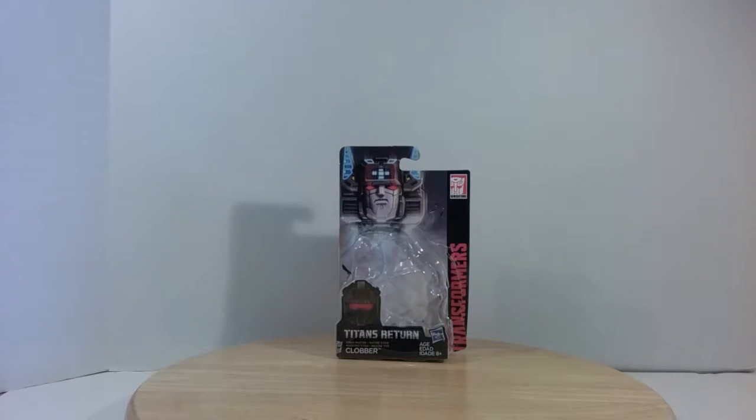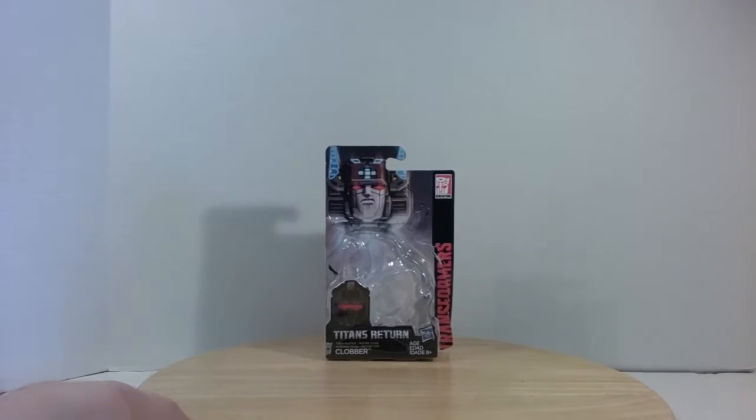This is Dave Frost reporting in once again with yet another Transformer Titans Return action figure review. This time it is of Transformers Titans Return Clobber. And obviously, it's just one character of one name, since he's obviously a Titan